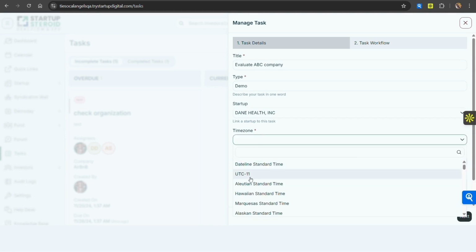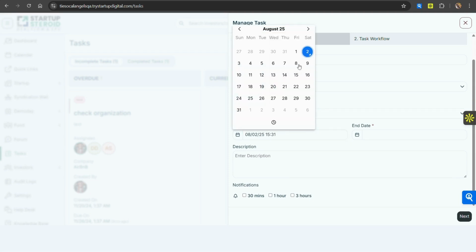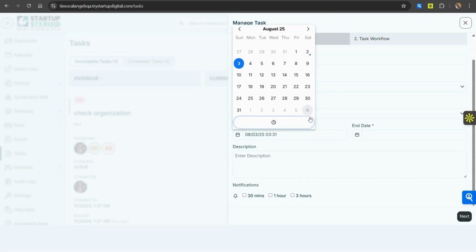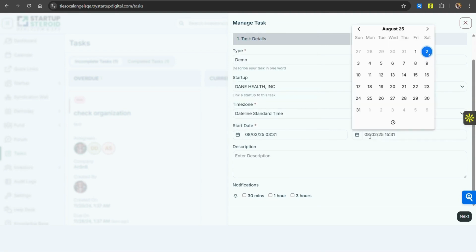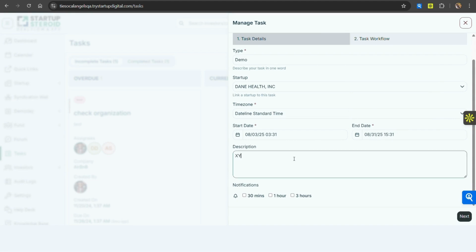I can define my time zones. What should be the start date? This works. End date. This works. Description XYZ. Notification every 3 hours. And I have set this up.